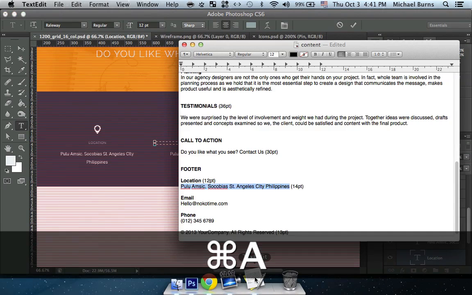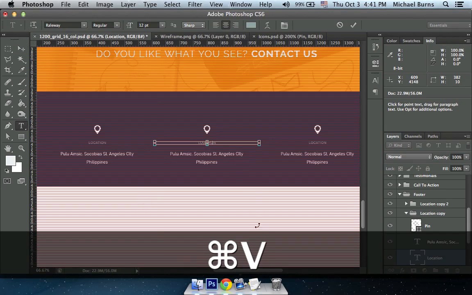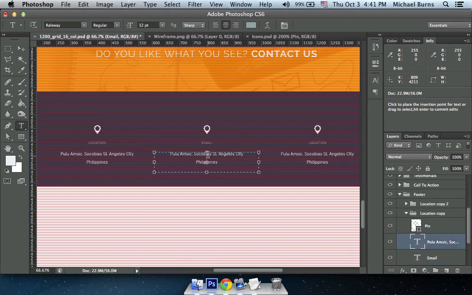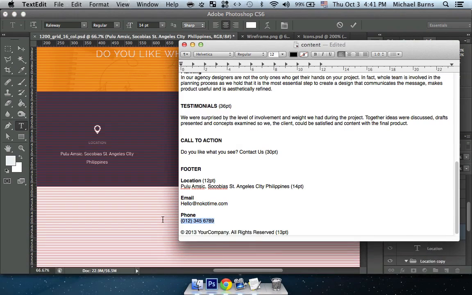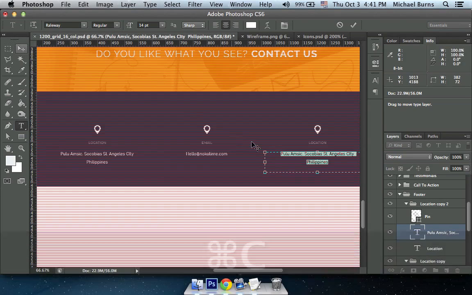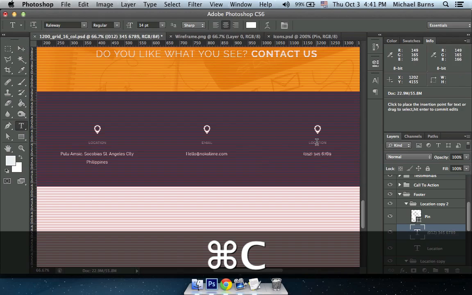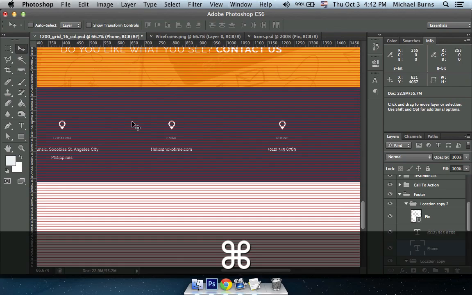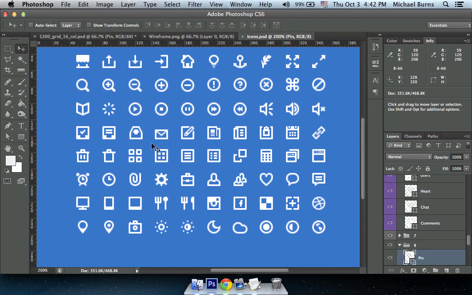Now for the other heading, that will be email, the phone. Now we're going to change the icon. So email, now find the mail icon,